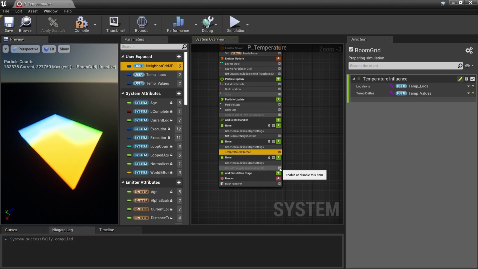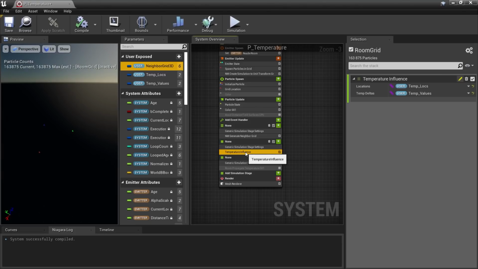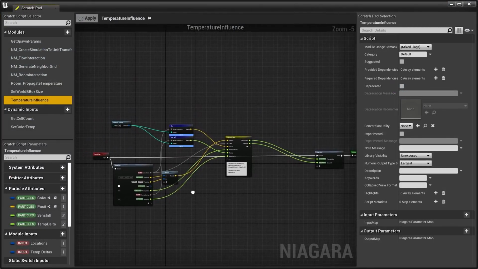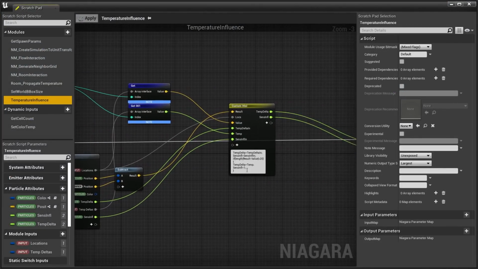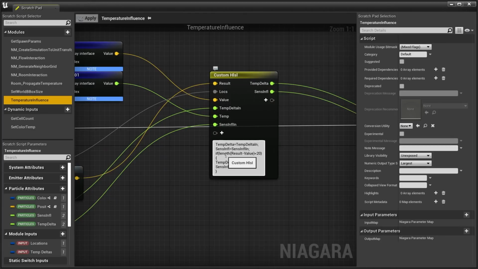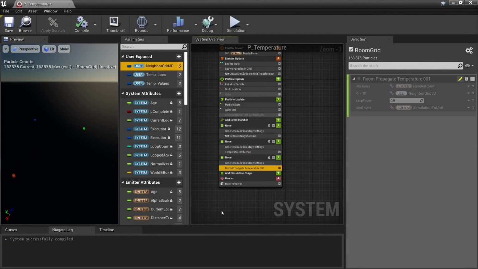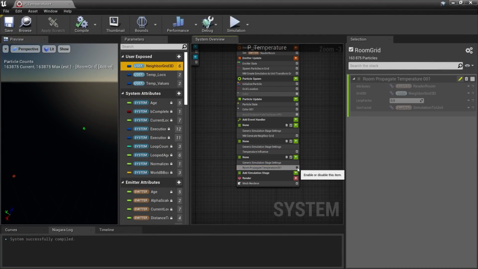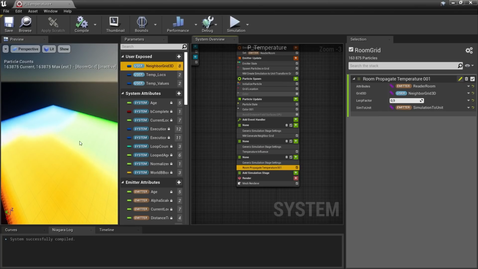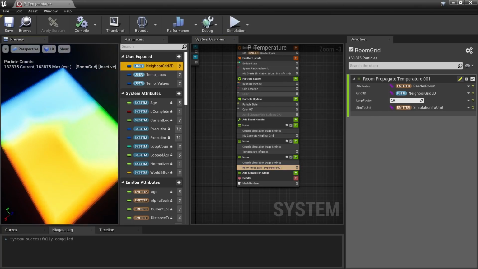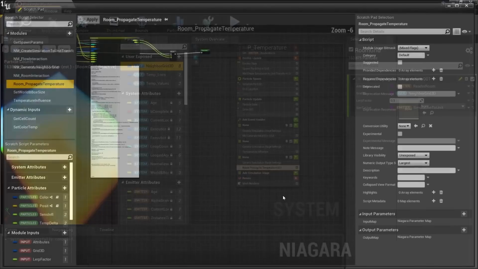So if we uncheck the last one, we can see what this one does a bit more clearly. This one sets the start temperature, like a seed temperature, where the sensor locations are. That's also a bit of custom code. So if the length between the particle and the sensor location is less than 20, it sets the temperature. And then the last one, that's what sort of propagates the temperature out from these start locations. And then when they meet each other, they start to interpolate the color and all that.